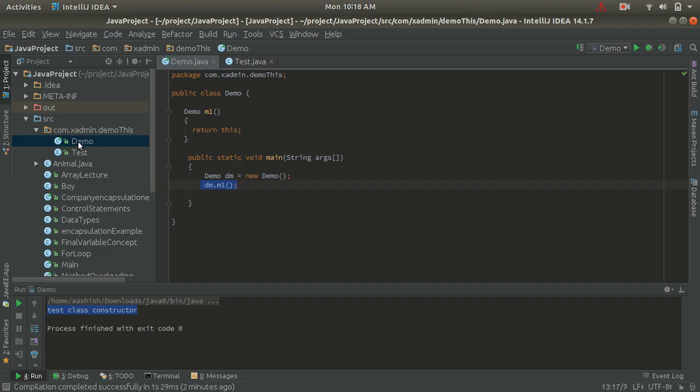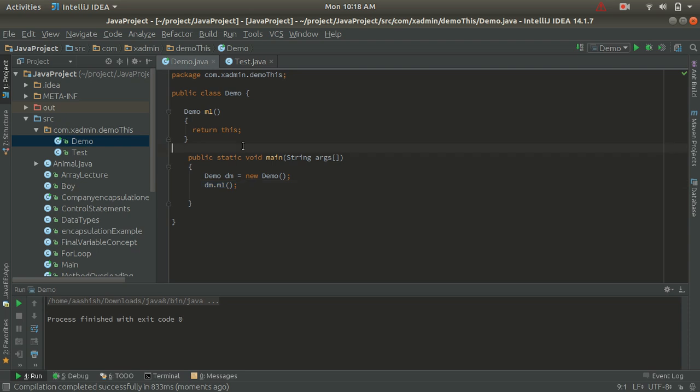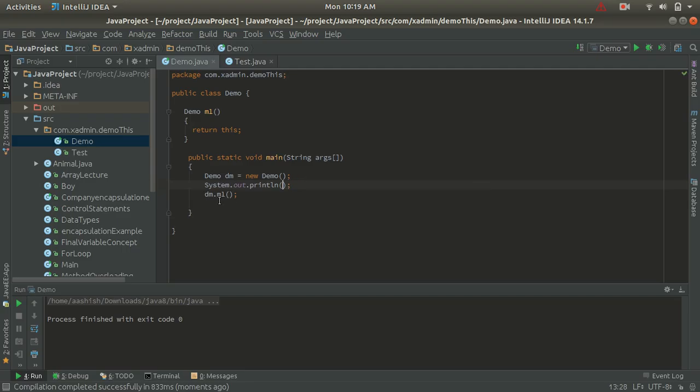So let's compile and run. Here you can see that we have run it successfully, and we are returning this. If you want to check it, you can write a System.out.println here and pass dm.m1.